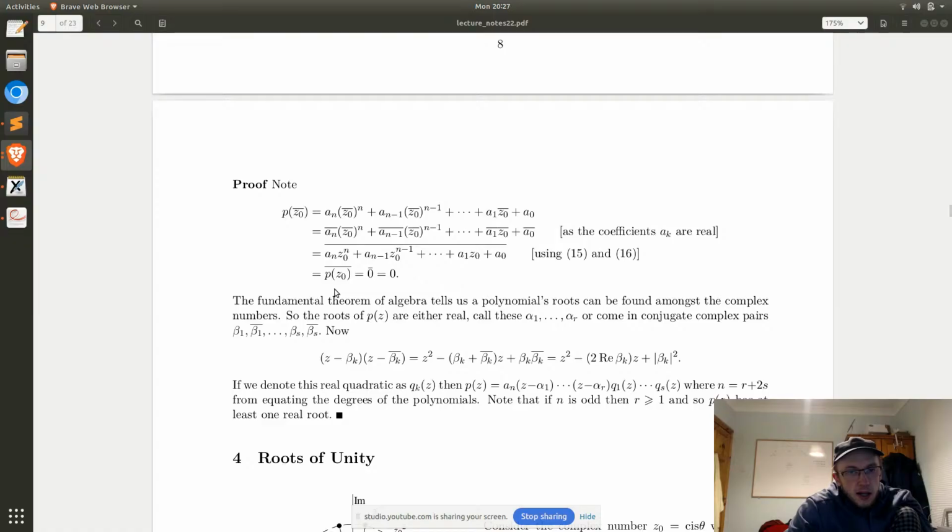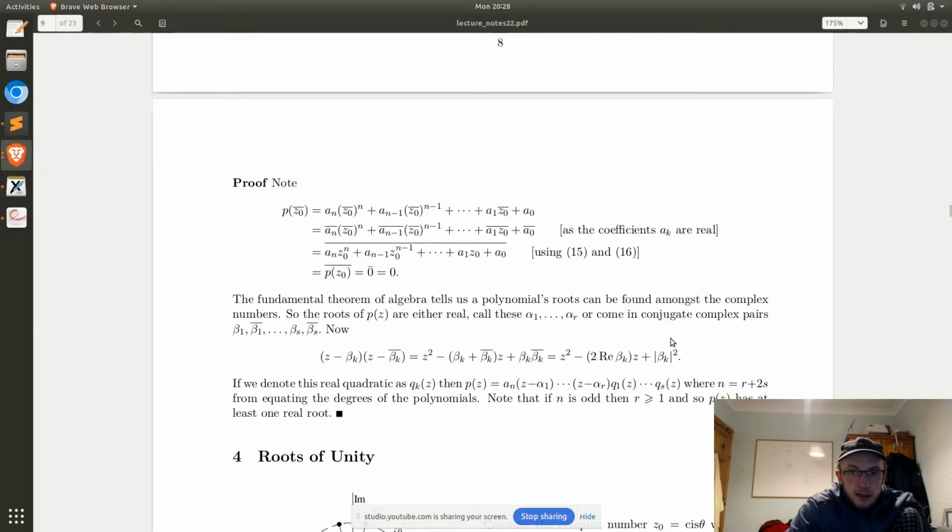Now, z minus beta k times z minus beta k bar is equal to z squared minus beta k plus beta k bar times z plus beta k times beta k bar, which is equal to z squared minus 2 times the real part of beta k times z plus beta k modulus squared. If we denote this real quadratic as qk of z, then p of z is this,